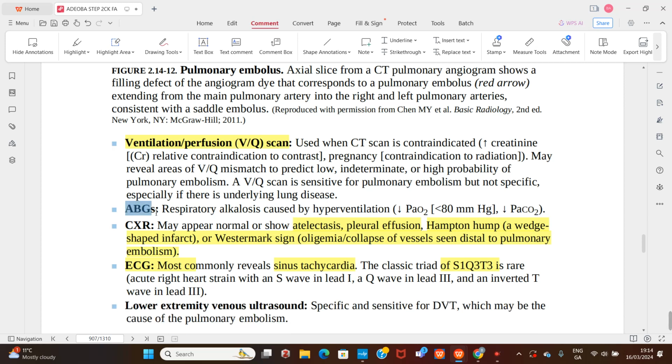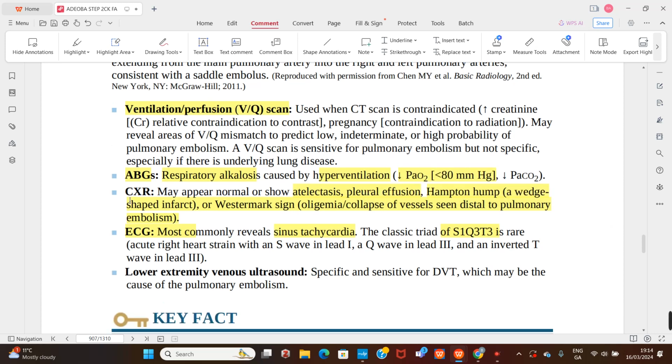Then if you do your arterial blood gas, the picture you expect is respiratory alkalosis, because the person is going to have tachypnea, hyperventilation, bring down CO2. But because there's already a clot, even if the person hyperventilates from now till tomorrow, it will still not increase the oxygen. So oxygen will still be less than 80. So if you do your chest X-ray,